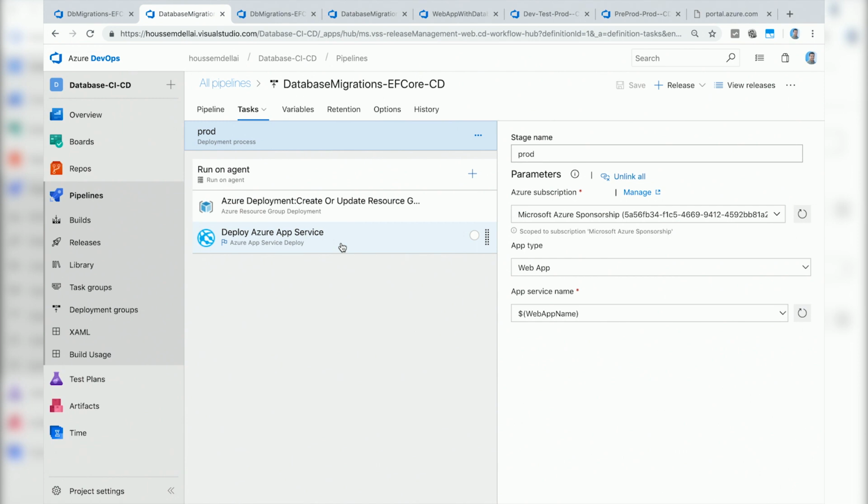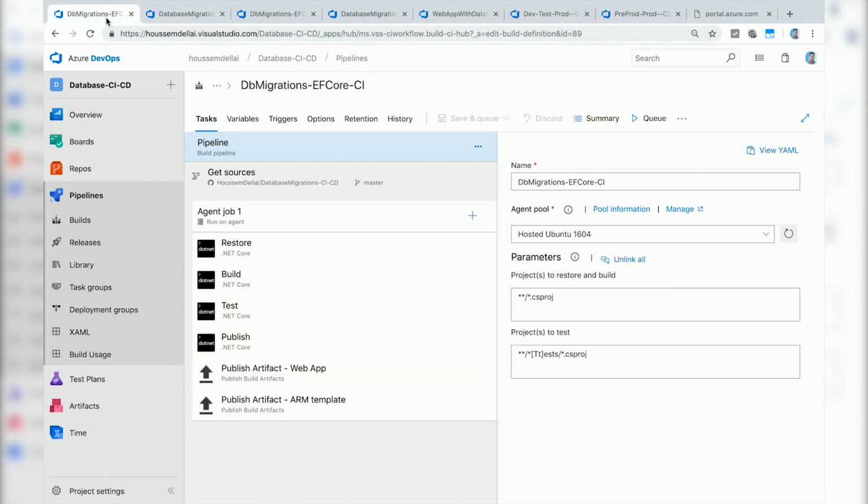You mentioned another one, or another couple? Yeah. Another one, also using Entity Framework. The problem with this approach is that Entity Framework has all the control over the scripts that would be run in the CD pipeline. But if we want to have a little bit more control, then maybe I want to see the scripts